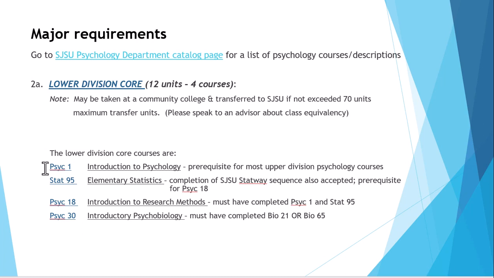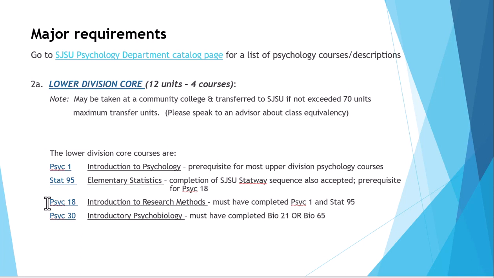So Psych 1 is going to be a high priority for you to take as early as you can in your academic career. Now, in addition to Psych 1, we ask that all of our majors take Stat 95, which is elementary stats. Again, Stat 95 is a lower division GE course as well, so that will also fulfill a GE requirement. You need to complete Stat 95 in order for you to enroll in Psych 18, which is our Intro to